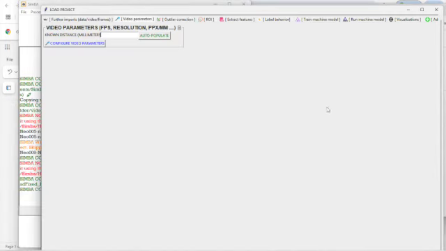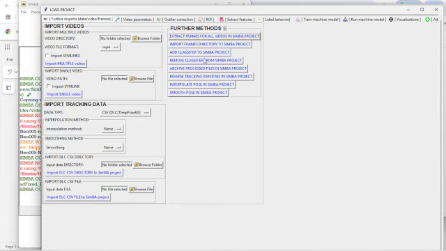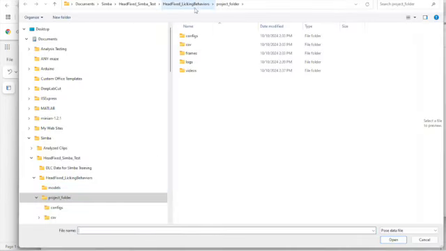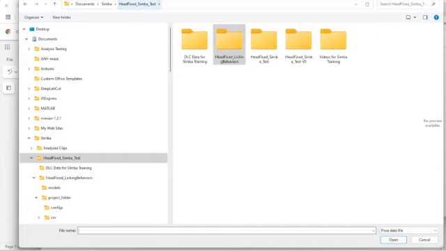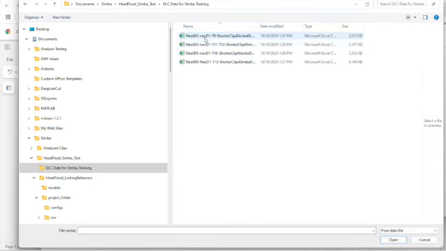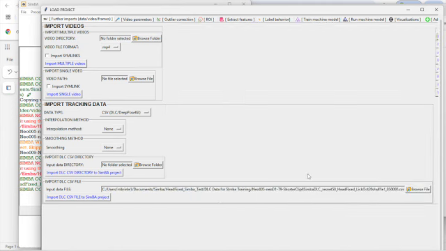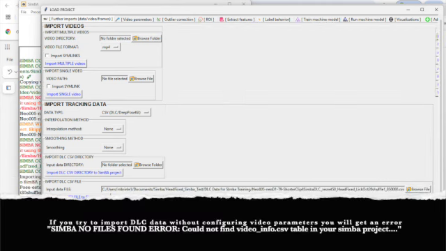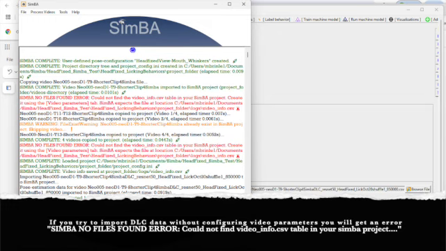So now that I've saved that, I can now import my DeepLabCut data. So my DeepLabCut data is in my original project folder that I created with all the stuff in it, and in this DLC data folder. So I'm going to open that and import that. Okay, so that imported,